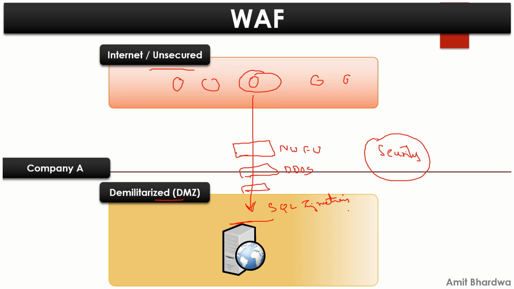This is where WAF comes into the picture. WAF makes sure that attacks like SQL injection, cross-site scripting, DDoS attack, zero-day exploits, or command injections, all these types of attacks, which are layer 7, especially web-based attacks, are taken care of by the web application